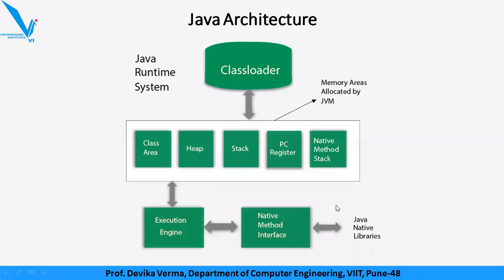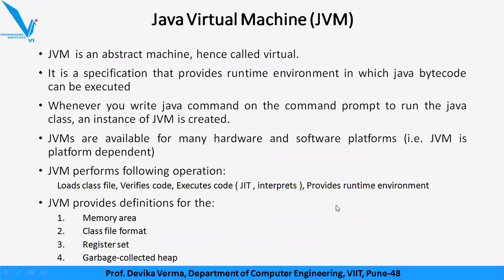So that defines our Java runtime system. What you have understood, I hope, is that the JVM, your Java virtual machine, is called virtual because it is an instance which is running in the RAM. There has to be some code which is then executed in your memory, right? You write code that is a physical file which exists. But the JVM is not a physical file. It is a running system. It is a running machine. That's why it is called a virtual machine.